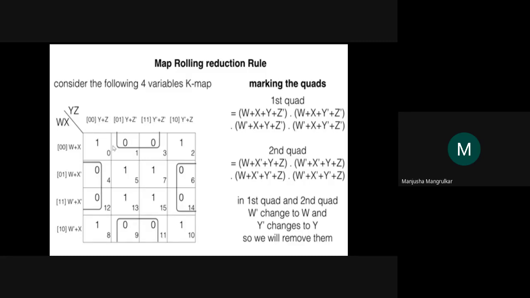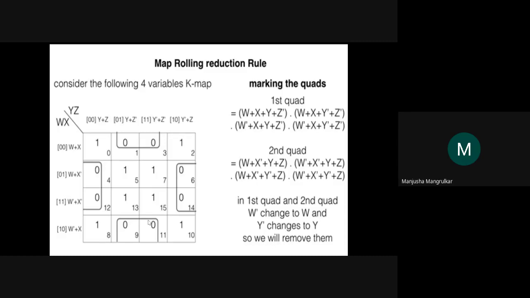You can do it with these two, but it will not minimize. If you are using these two and these two, you will get three functions. But if you are pairing these four, you will get only one equation with three variables. If you pair these two and these two separately, you will get two terms of three variables. So you would be using the maximum number of OR gates and a NAND gate. Instead of that, you reduce the NAND gate and AND gate.